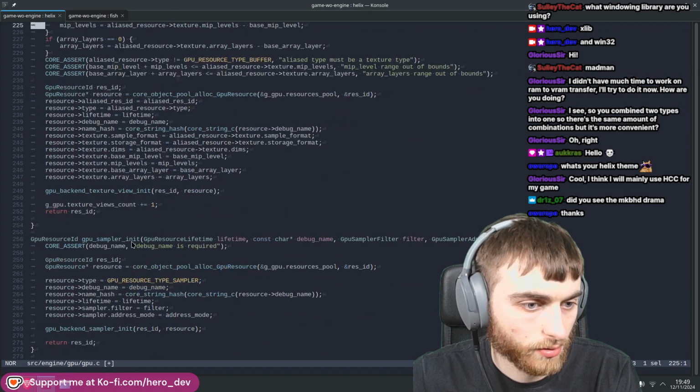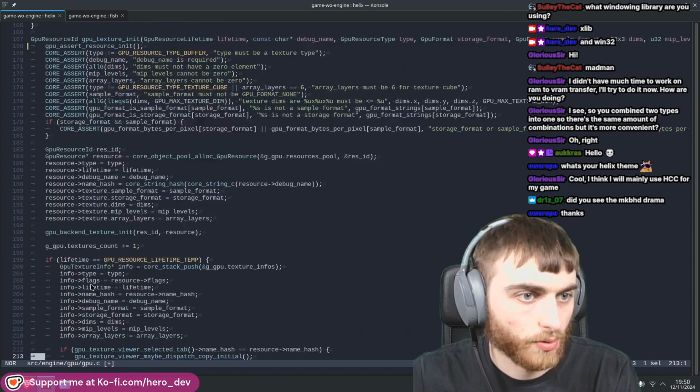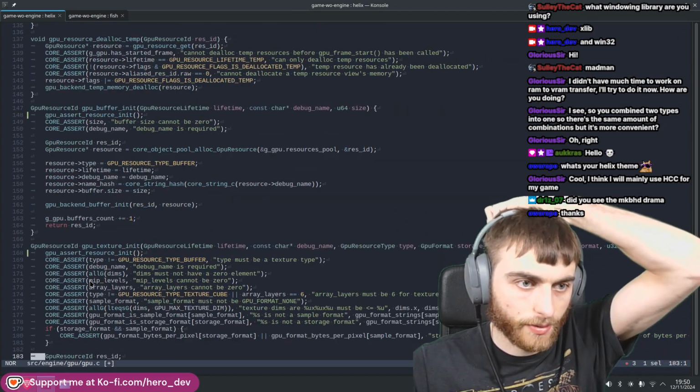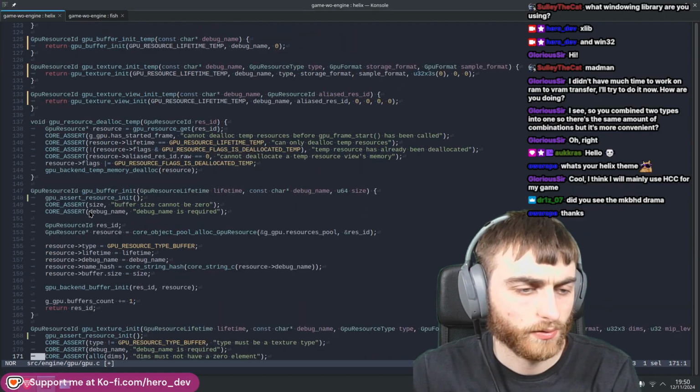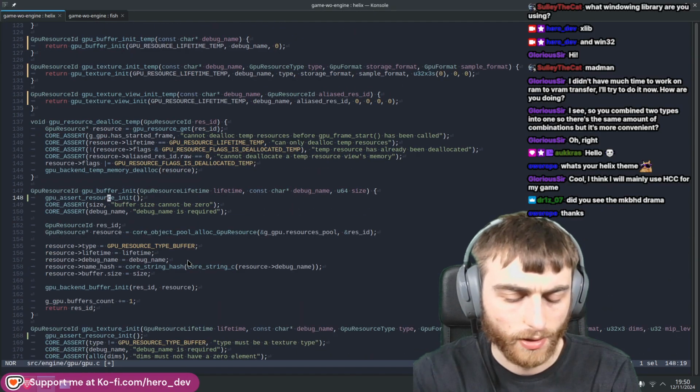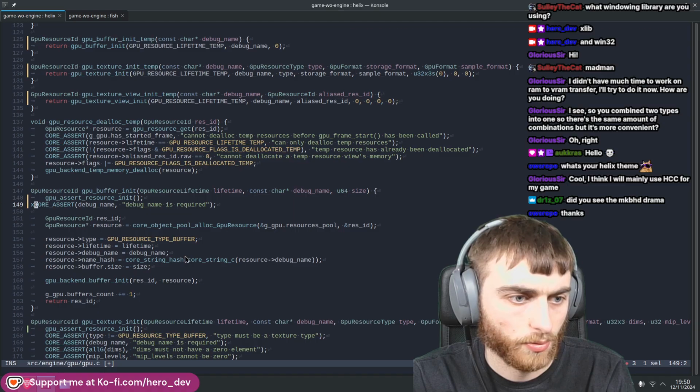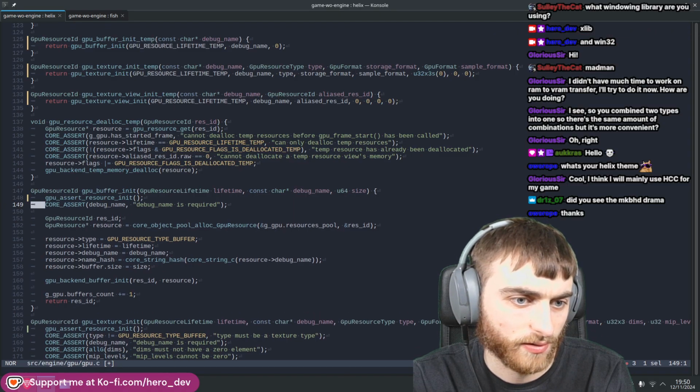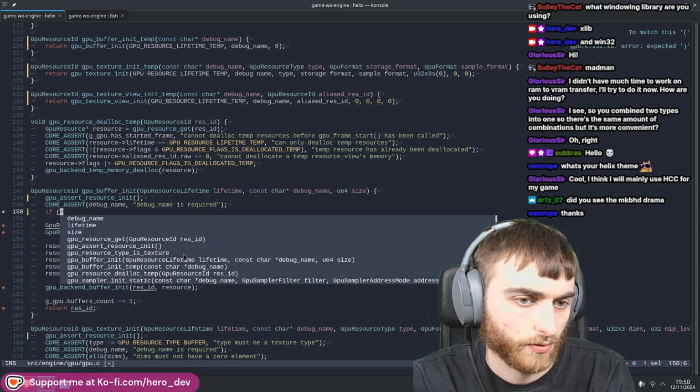Texture view. Right, so the thing you want to be careful about is if the lifetime is static, then we want to ensure that the size is actually set to something. So if lifetime